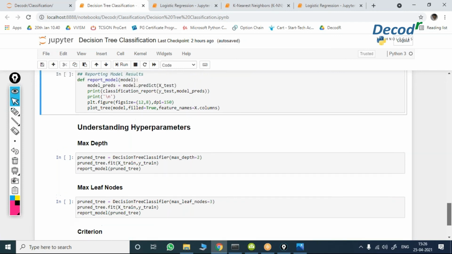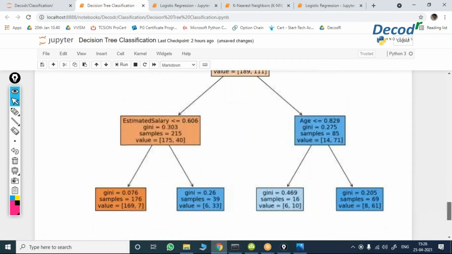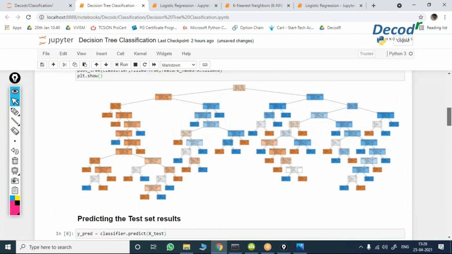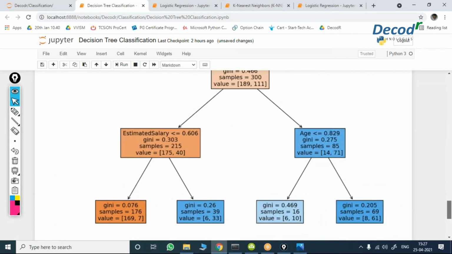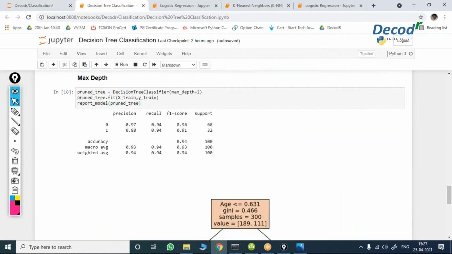Once I cut this decision tree, let us check. After that, I'm going to calculate and plot the decision tree. See, it was cut here itself. With respect to 2 stages only, it has been cut. Whatever complete decision tree we got, now it has been cut to 2 stages. Maximum depth I have taken as 2. If I take this maximum depth of 2, now my accuracy has changed. Earlier the train accuracy was 100%. Now my train accuracy is 94%.